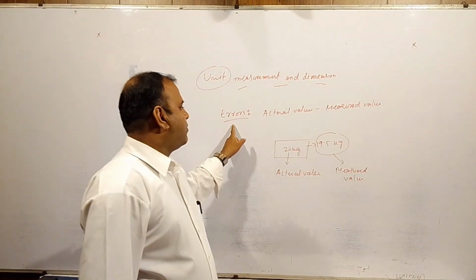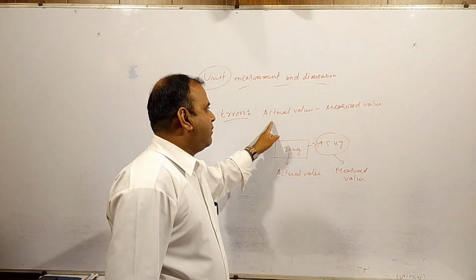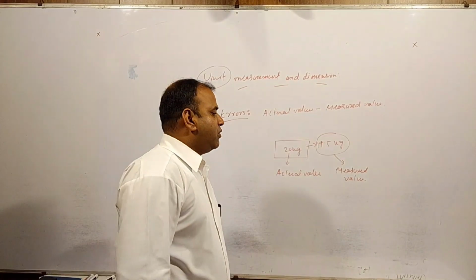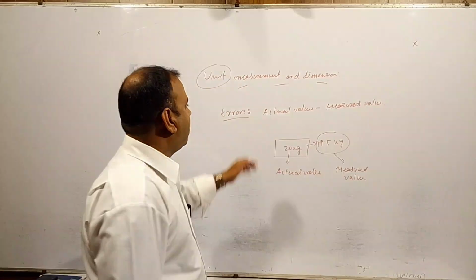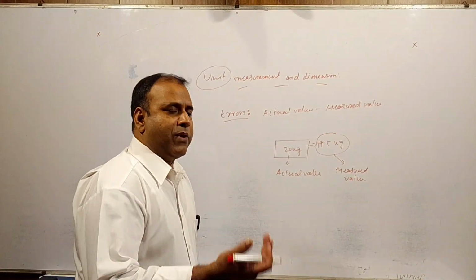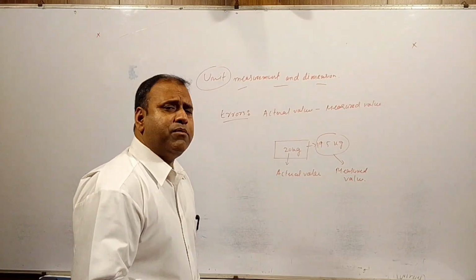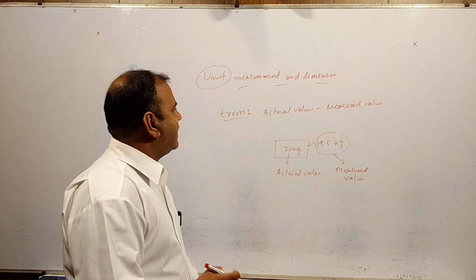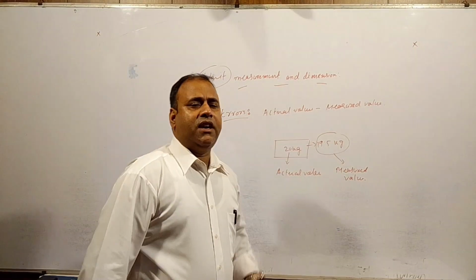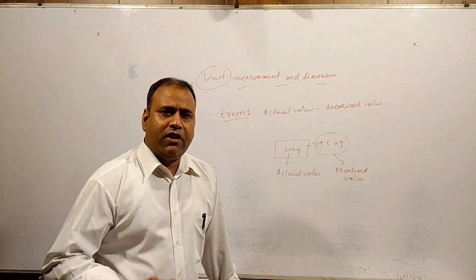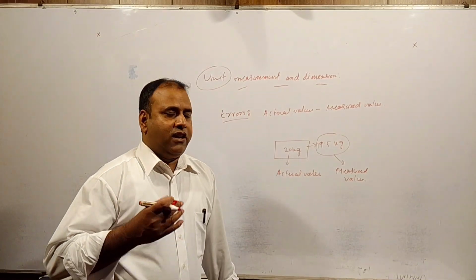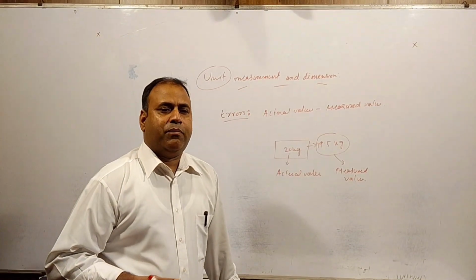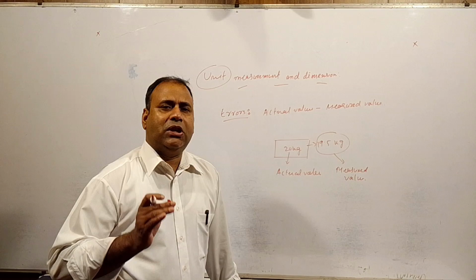So you remember, error means actual value minus measured value. In your syllabus, basically error we have to discuss in terms of percentage error and relative error. There are different types of errors: human error, instrumental error, scientific error, then relative error, percentage error. But I am going to discuss only errors